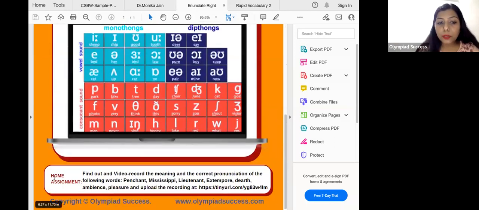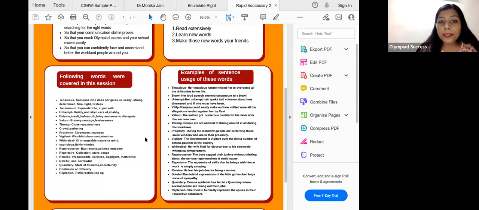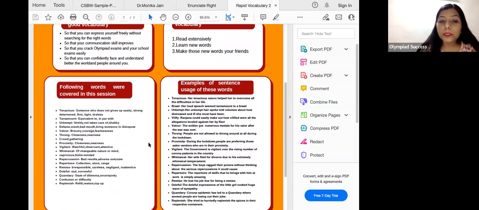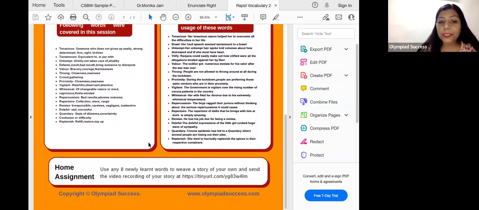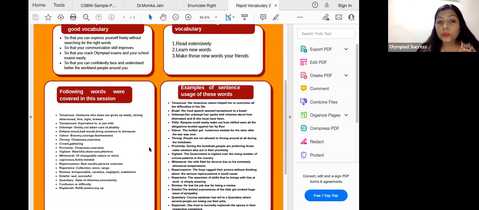And then in the end, you will find home assignments. This will be experiential learning. You have to do the assignment and then you will get the learning. There you will find a link, as sir showed you, and you will have to upload it there. On the basis of that assignment, you'll be analyzed and assessed, and your trainer will help you grow by telling you the exact feedback that you require, to grow up to the next level.